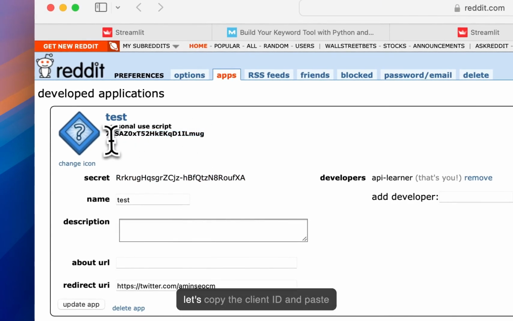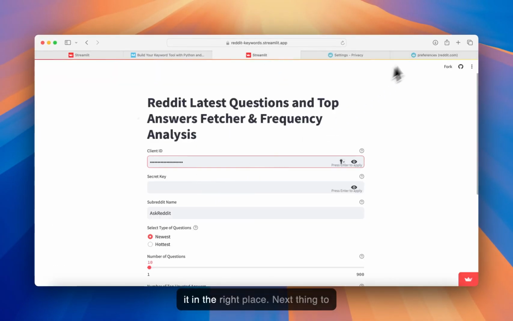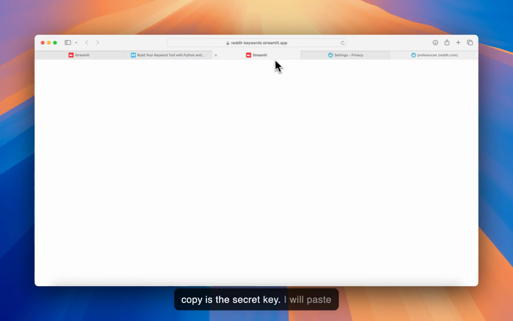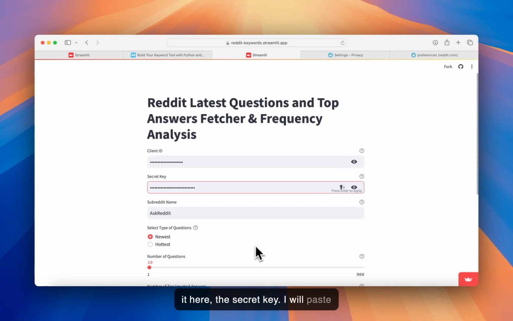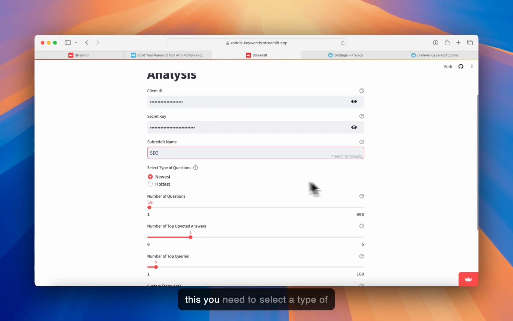Now let's copy the client ID and paste it in the right place. Next thing to copy is the secret key. I will paste it here and now write a subreddit name. For example, I will write SEO, and after this you need to select a type of questions. So on Reddit we have newest and hottest questions. For this case I will select hottest because I want to see what are the hottest topics on SEO today,